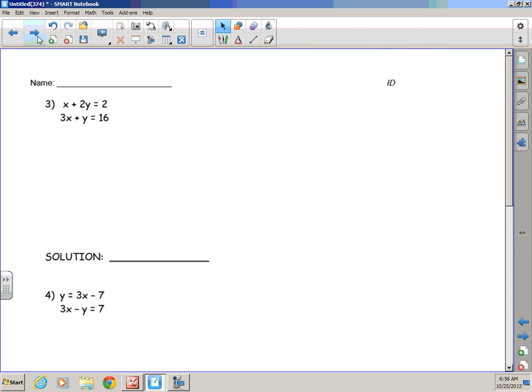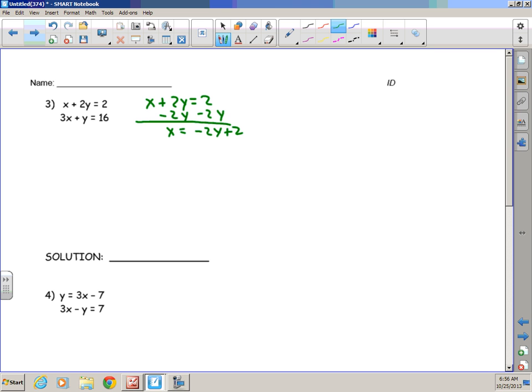Now, if you'll notice here, neither of these two equations are set up as x equals or y equals, but they're both easy enough to do. So I'm going to change this, and just to show you, I'm going to subtract 2y from both sides to make it x equals negative 2y plus 2. Now I'm going to take that statement and replace it into the second equation for x. So I get 3 times negative 2y plus 2